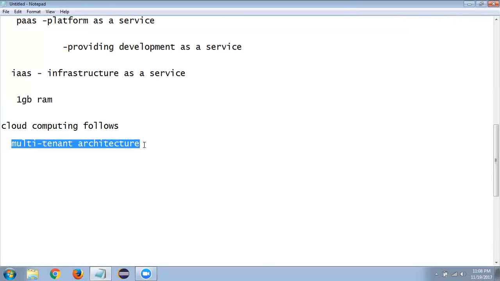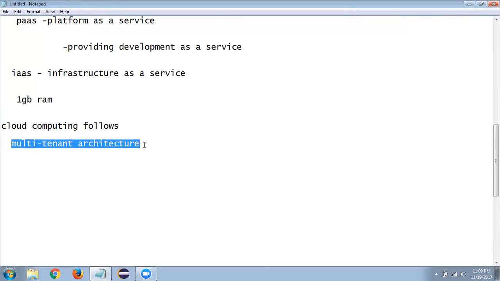By following the multi-tenant architecture, the template is common for all the Facebook account holders, and any updates or new features they share are not only for your account; they are applicable for every account registered in the Facebook application. So along with your own details which you registered in Facebook, you will get all the features distributed by Facebook itself. That is exactly the meaning of multi-tenant architecture, right?